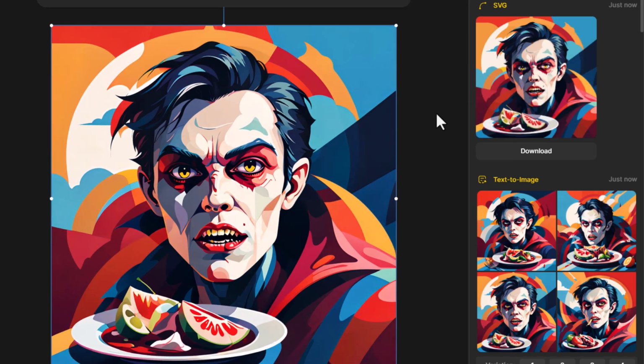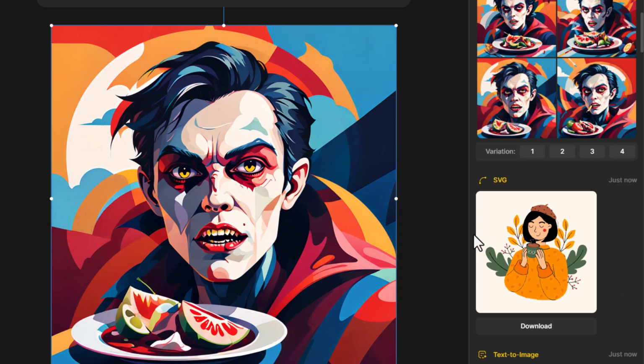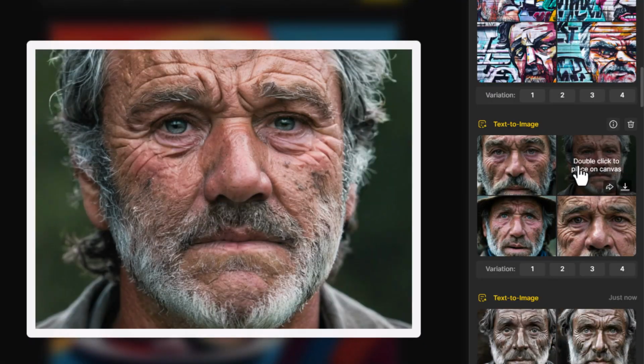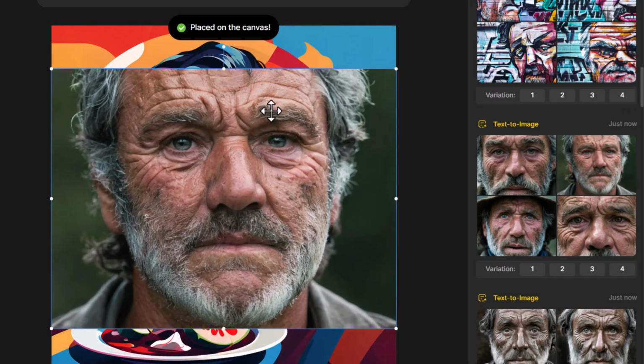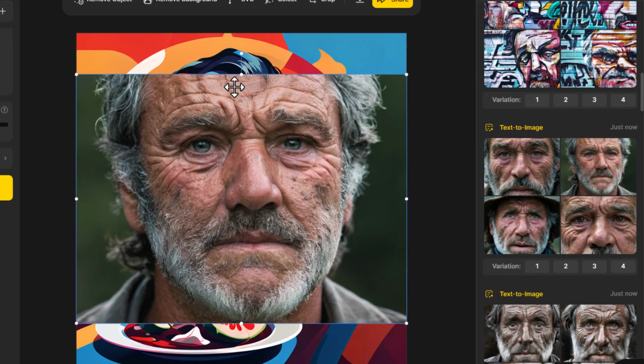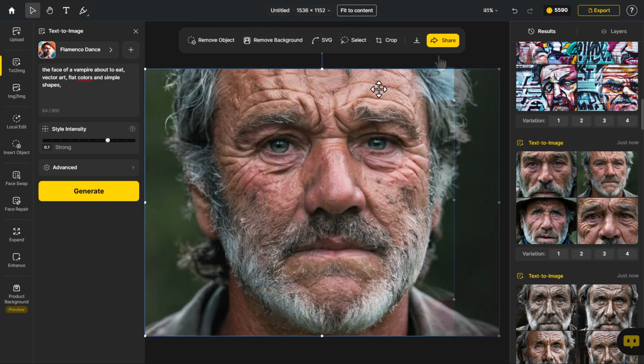But before we go in and get too caught up checking that out, what happens if we have an image that is a little more photographic? Like this. Let's say I want to make this image more of a vector. First, I'm going to change my canvas size to fit this just for the sake of the video. Now, this would not vectorize well. As a matter of fact, if I hit SVG,